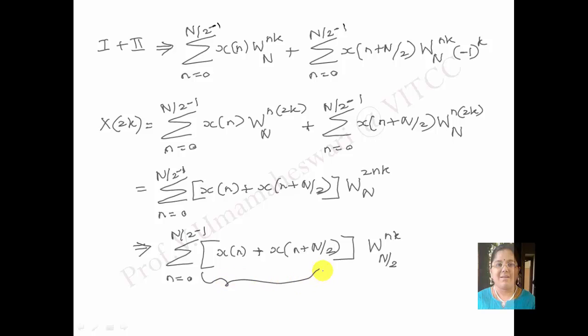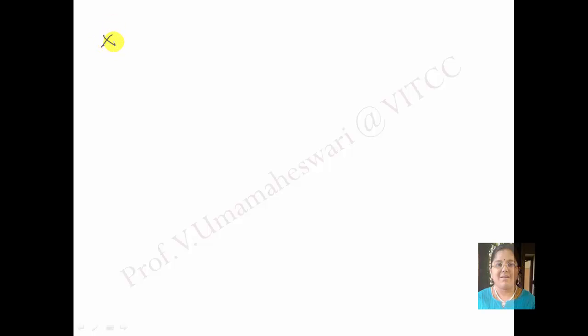Now let us introduce a new signal, say a of n, let it be x of n plus x of n plus n by 2. So ultimately this expression will become a of k. Okay, now we will concentrate on the odd terms, x of 2k plus 1. So minus 1 the whole power 2k plus 1 will be minus 1. So you have a difference here rather than summation x of n w n